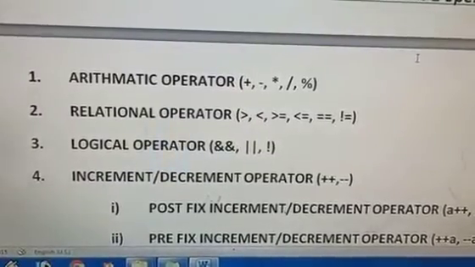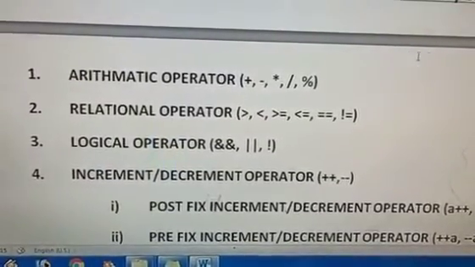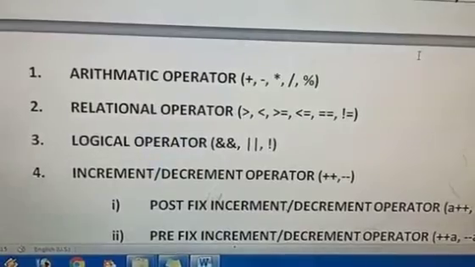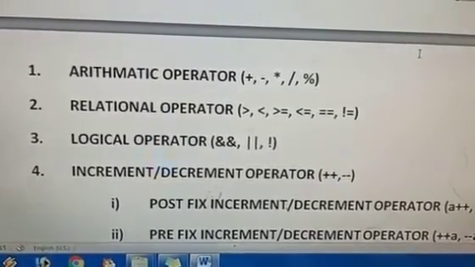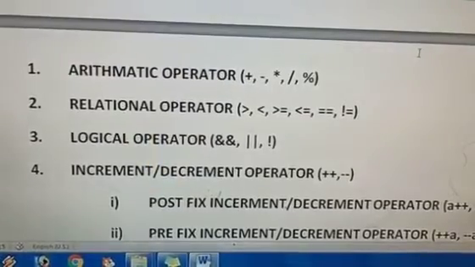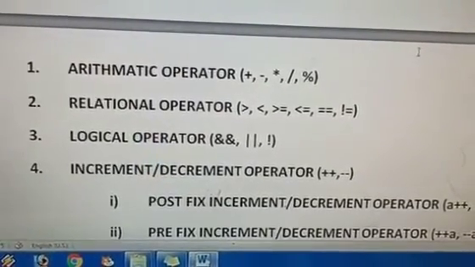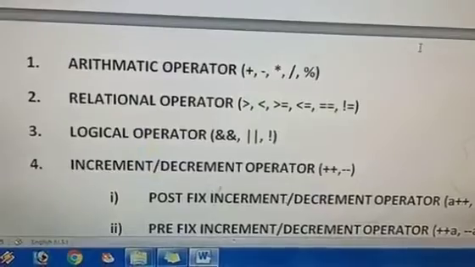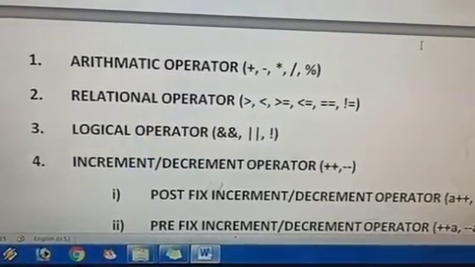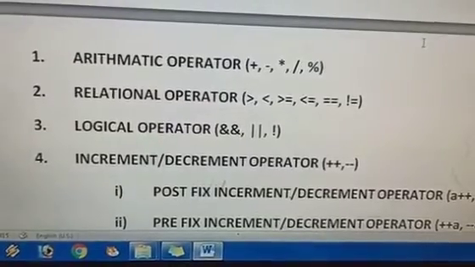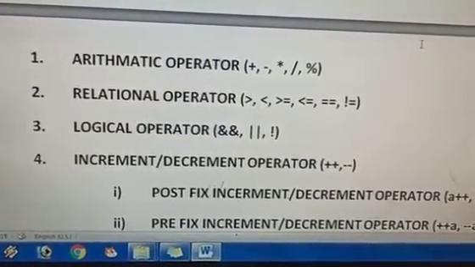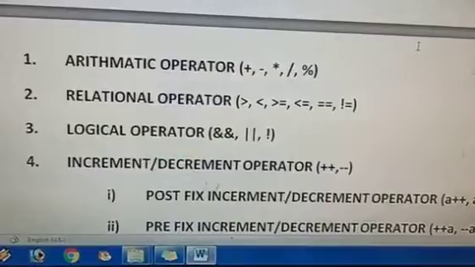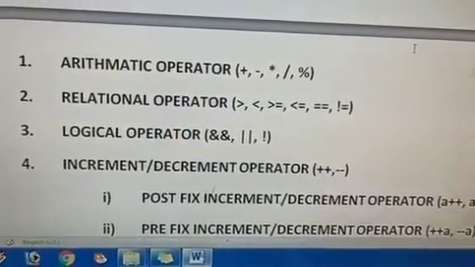Now let's move to the relational operator. This relational operator we have already covered in class 7th also, that is greater than, less than, greater than equals to, less than equals to, equals to and not equals to. Basically the relational operators are used to show the relation between two or more variables, right? That is used in a conditional statement also. Now the third one is the logical operator, that is and, or, not. These logical operators are basically used to join multiple conditions, especially the and, or. The not is a negation symbol which we use in the programming part, right? So that we will discuss in the programming section.